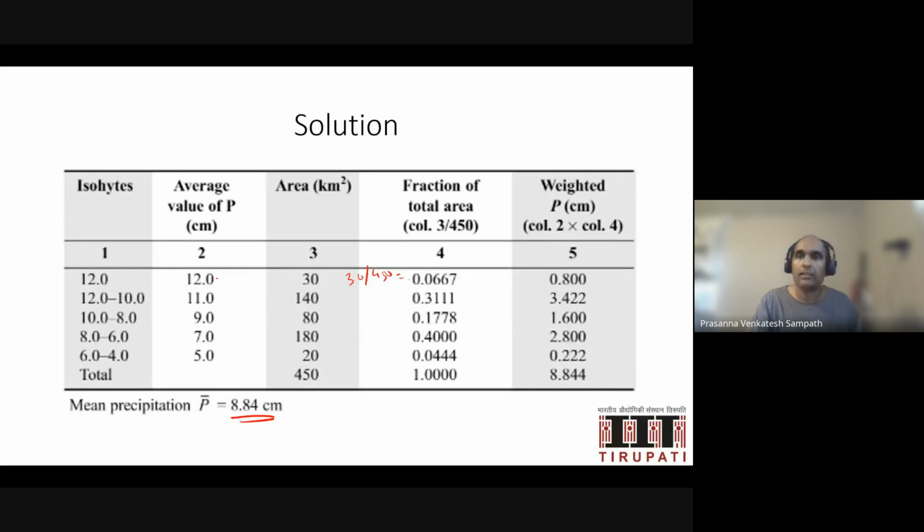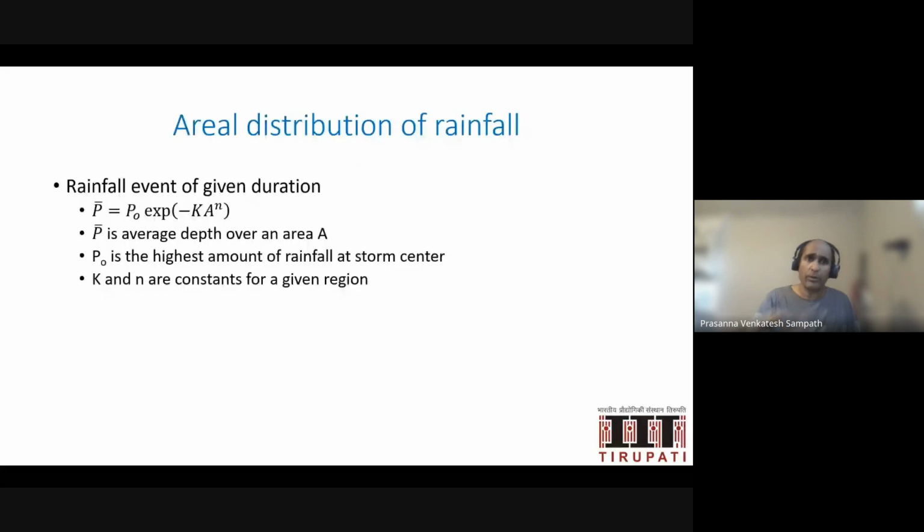Okay, let's move on. Now, one more way of doing this is to estimate the areal distribution of rainfall using some kind of an empirical formula, right? So let us say I have a rainfall event of some given duration, let's say 2 hours or 4 hours or 1 day, whatever it is, right? So then I say that the representative average depth of rainfall over that area A, you can give that by